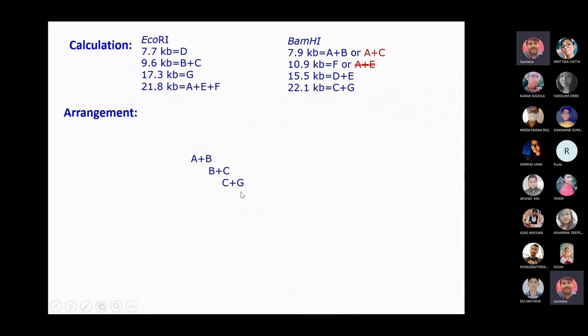देखो ना अगर हम C और B को आपस में replace कर देंगे तो it will make no change because both are of 4.8 kb. Then we have to take the fragment which has either A or G. तो हमारे पास A वाला combination यहाँ पर है A plus E plus F. So it may be AEF, it may be AFE, it may be FEA, it may be anything. But why am I writing it? Because next is E. It means A and E should be at the extreme ends, and A had already overlapped with this point, so E will overlap with this combination of fragments.